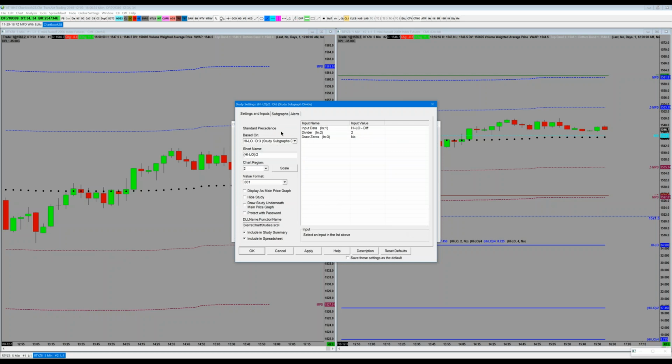Okay, and I picked the based on in the top left corner. Most of your indicators are based on your main price graph, but what if you wanted to have a moving average that was based on volume or something that was based on something other than the main price graph? That's what this dropdown is for. So I'm changing the based on from the main price graph to this high-low result, which is this value.